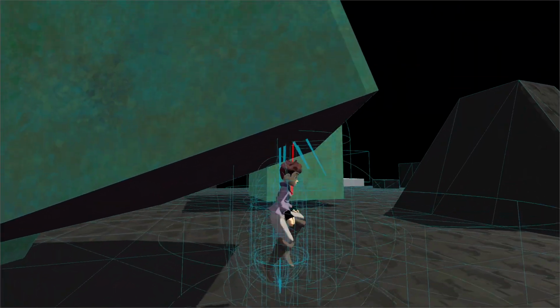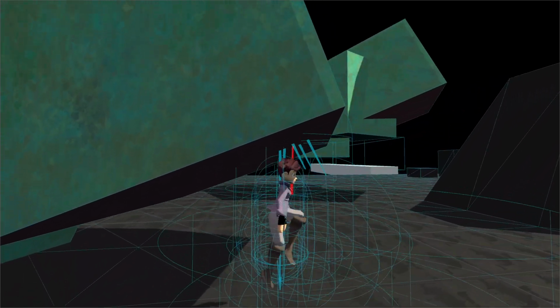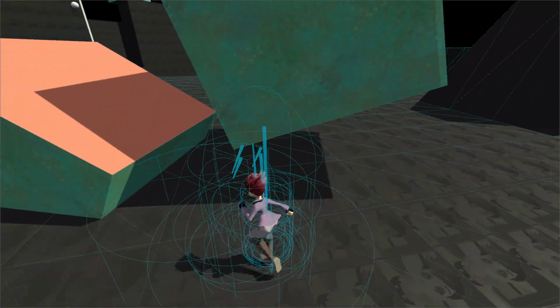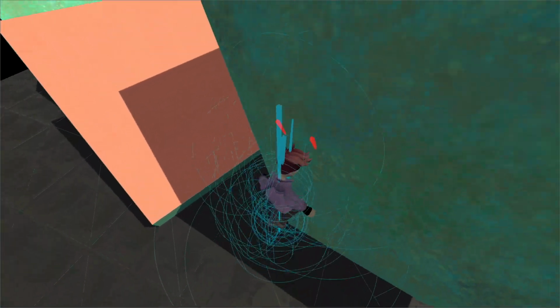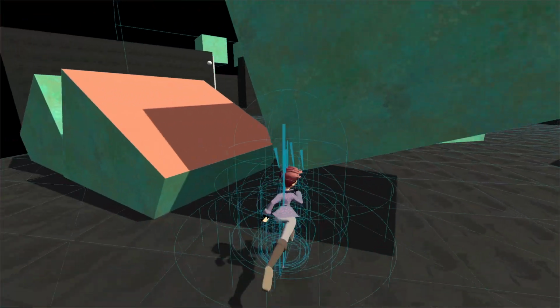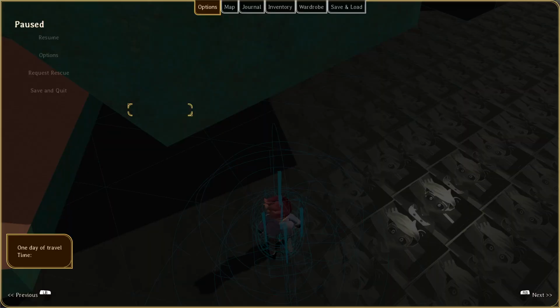Yeah, so now we can see it does what I want, which is when you hit your head on the ceiling, it doesn't affect you too much. Though there is a little bit of an awkward sliding thing where maybe there's just a little bit too much